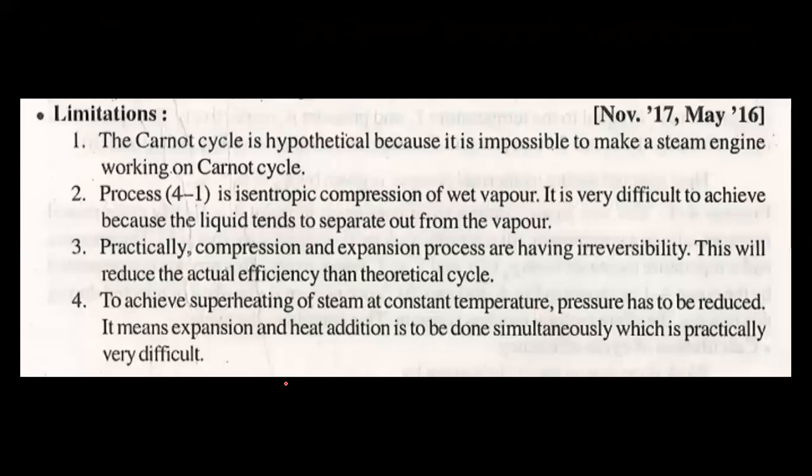In case of the entropy definition, change in entropy is equal to the cyclic integration of delta Q upon temperature. So QS, heat supply, is equal to (S2 minus S1) into T1, or (S2 minus S1) into T2, because T1 is equal to T2. Similarly, heat rejection is equal to (S3 minus S4) into T3, which is equal to (S3 minus S4) into T4. So ultimately, the efficiency of the Carnot cycle is equal to 1 minus T3 upon T1, means minimum temperature upon maximum temperature. This is a very important point.